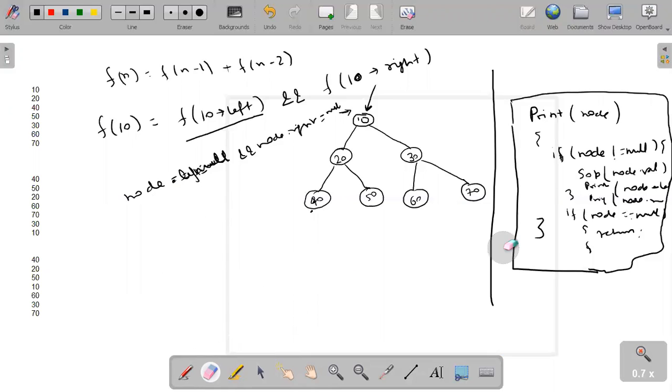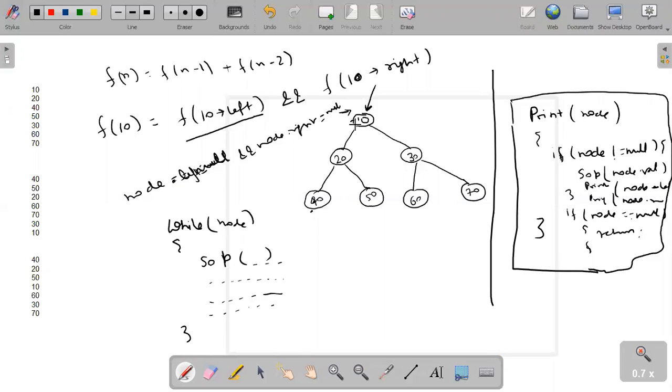Think about it, how we can solve using iteration. In iteration, obviously you will use a while loop. That's good, but how can you solve it here? This is the node, and this is the SOP, system.out.println.